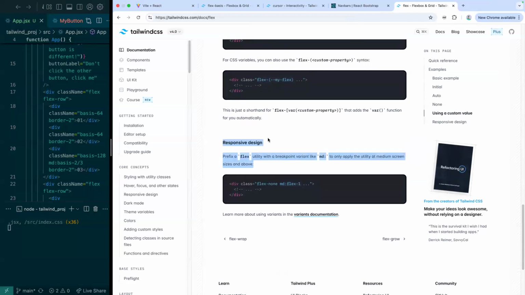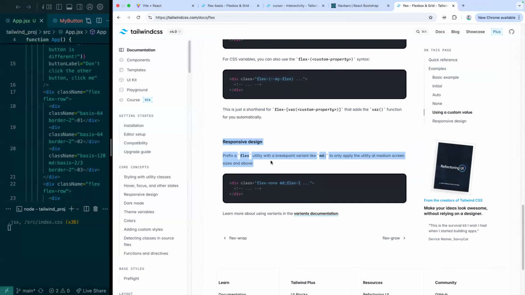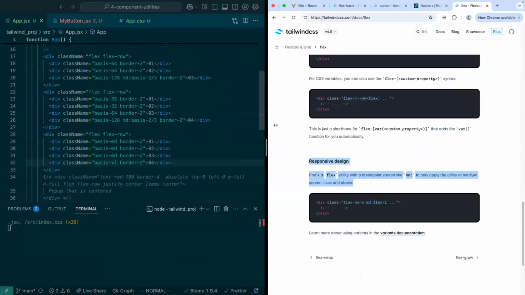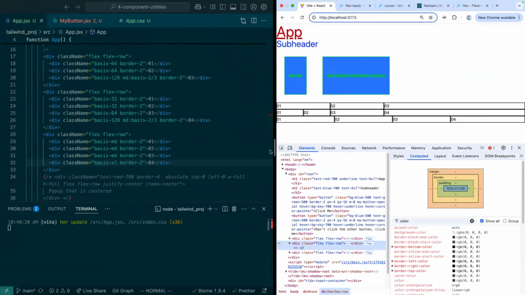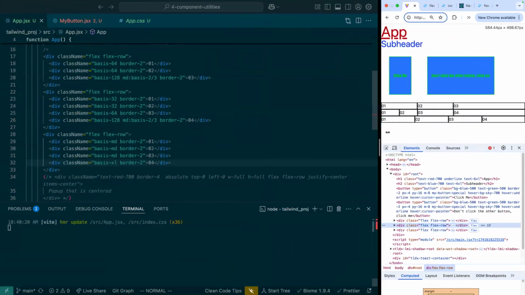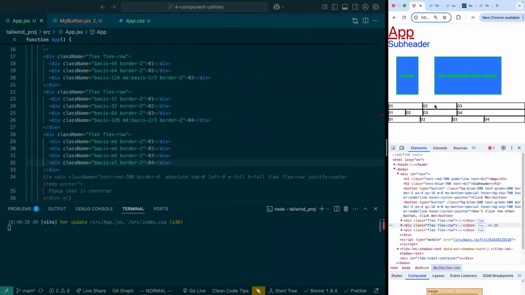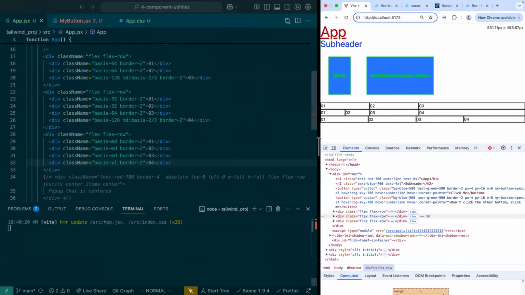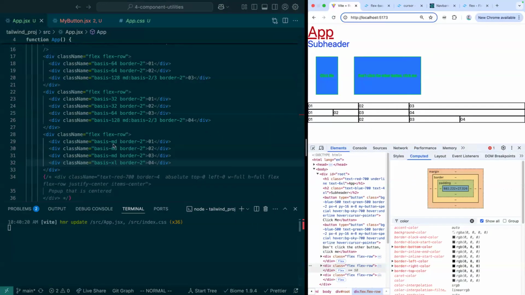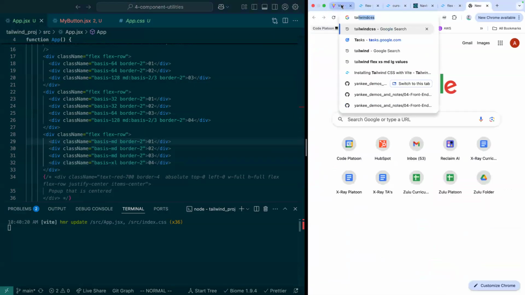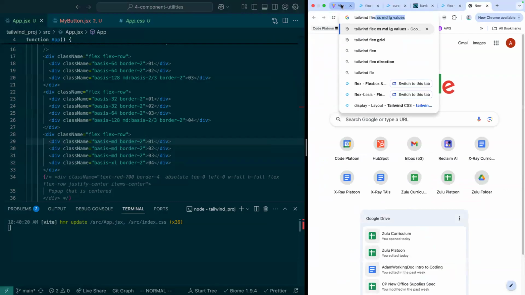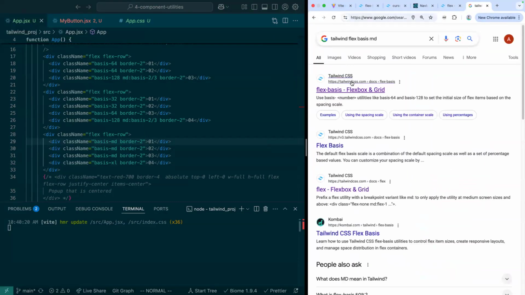And I think the last thing to show here, which is quite useful, is combining a breakpoint with the flex properties. We did see me doing this a bit before, but just to demonstrate this a bit more in full, let's say once our screen gets really small, I want every single one of these things to be on its own line. And I think I'm going to use this sizing system. And let's see where they can